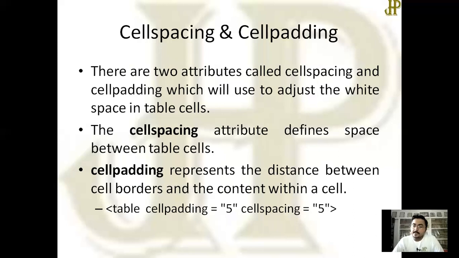Cell padding is the distance between the border and the content within the cell. Otherwise, if the cell padding is not given, then the content and the border match each other. I will give you the practical approach, don't worry.